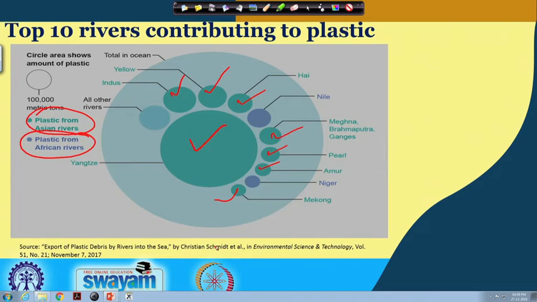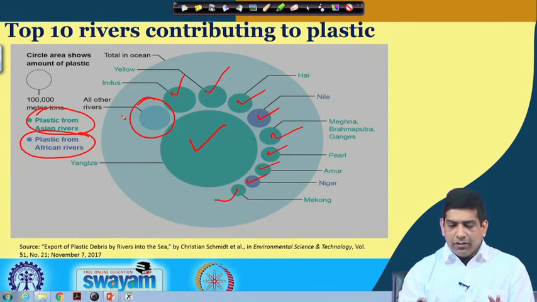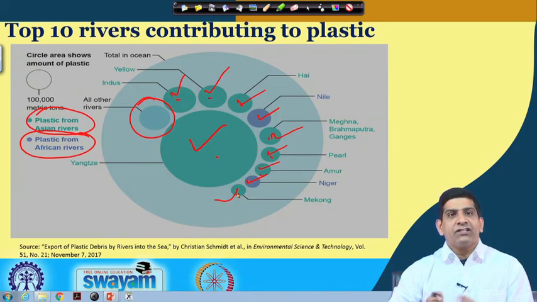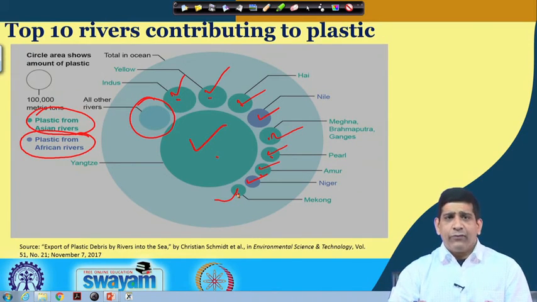Then of Africa, we have Nile and Niger, those two, and then there are some other sources up there as well. So, in terms of total plastic in the ocean, if you look at the top 10 rivers contributing plastic to the ocean, out of the top 10, 8 just come from Asia, and that should not be much of a surprise, because if you look at most of the Asian